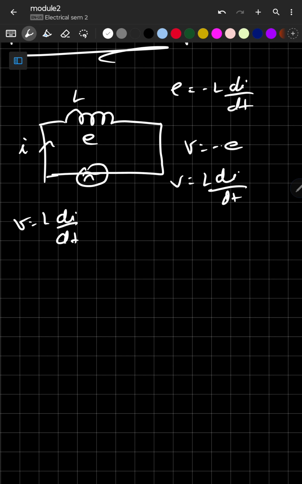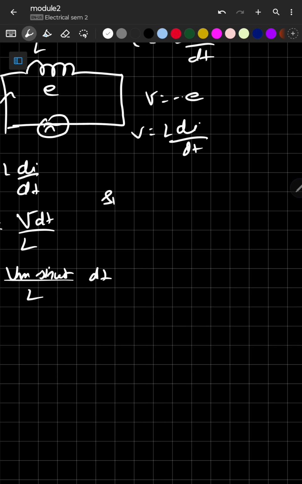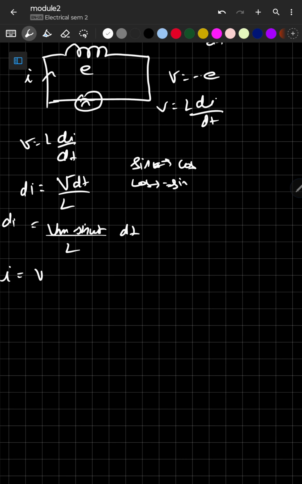Now we have to start deriving the current equation. So di equals to V dt by L. That V I am going to expand as Vm sin omega t by L dt. Now integrate on both sides. I equals, now integration of sin omega t, how are you going to remember? Sin differentiation is cos, cos differentiation is minus sin, so sin integration is minus cos. So Vm by L